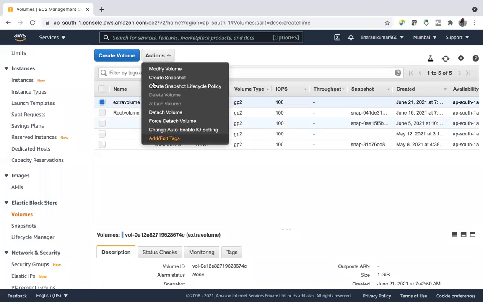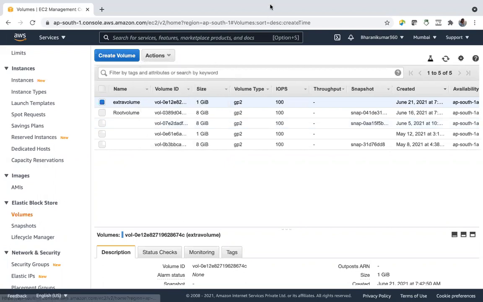And we have some other options, snapshot lifecycle policy, all these things. Let us talk about those things today. And any doubts with volumes, guys? Mounting volume on instances, both Linux and Windows. Clear? Okay.